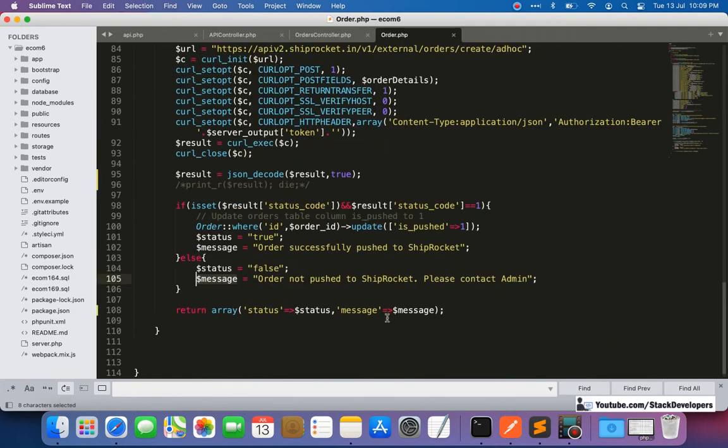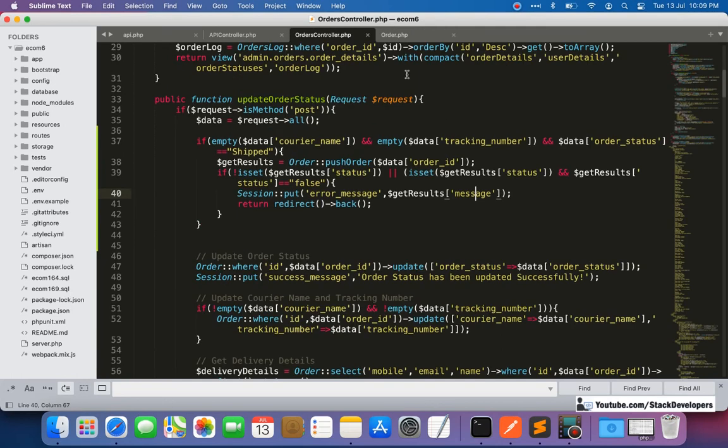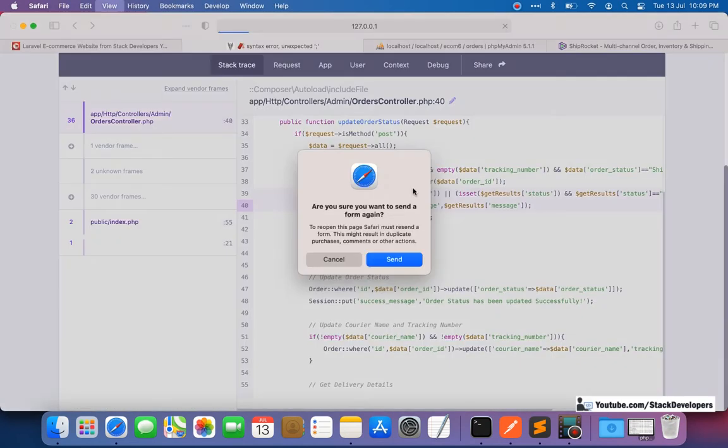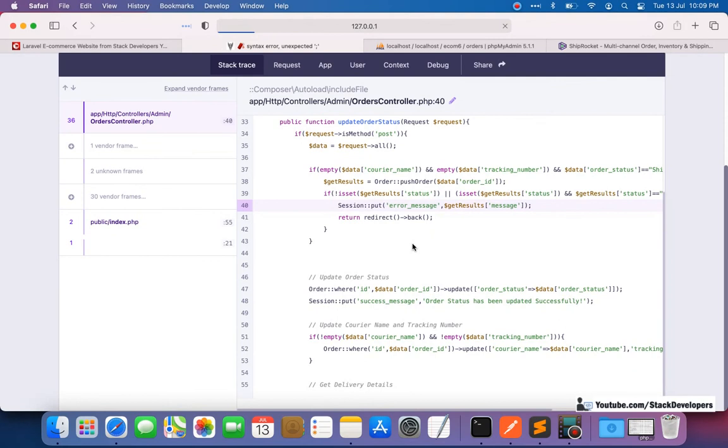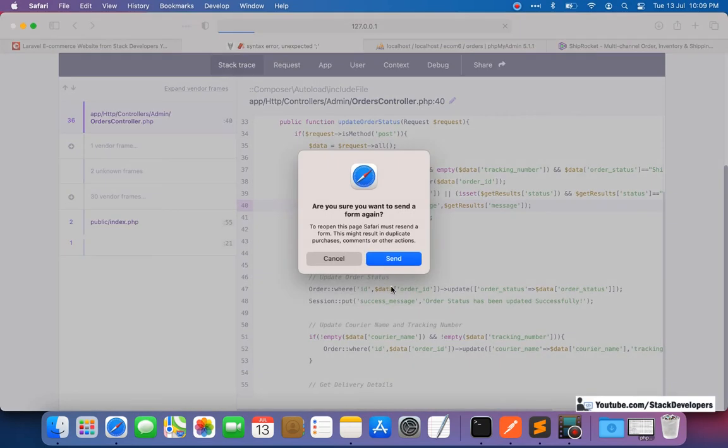I'm checking once that the message is coming from there. This one is set, the bracket is closed, that is fine, and one more will come here. Now I'm going to check, send. Now it will work fine, and we'll simply check.